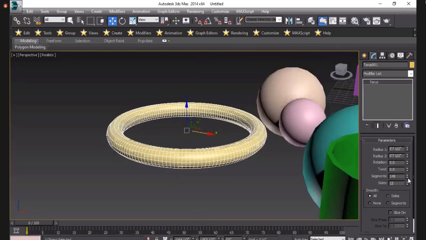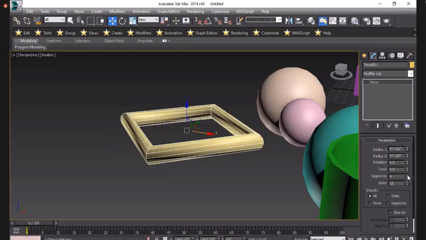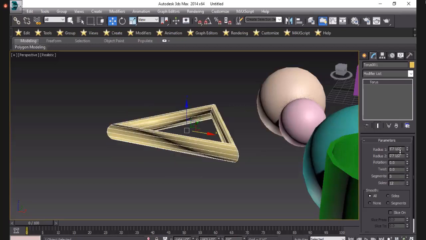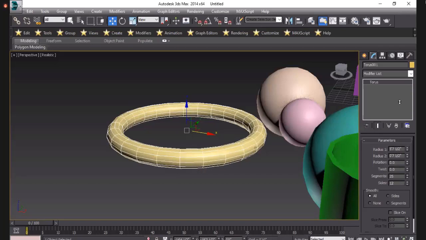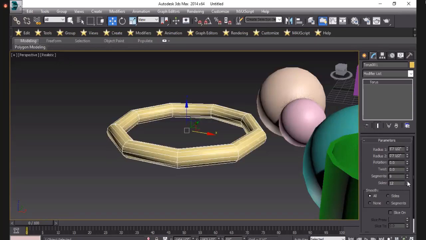And if I reduce the segments, then it will be sharper. Okay. It has 12 sides. If you want to increase, then increase it. If you increase the sides also, then it will be a smoother shape.